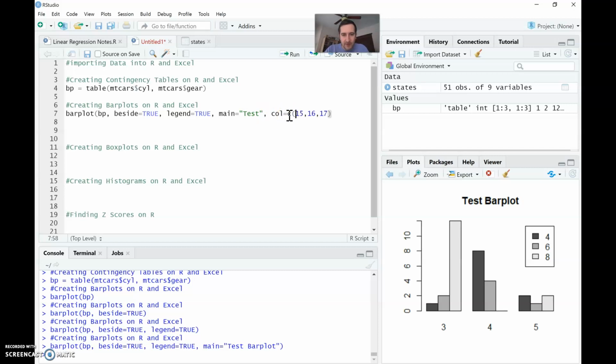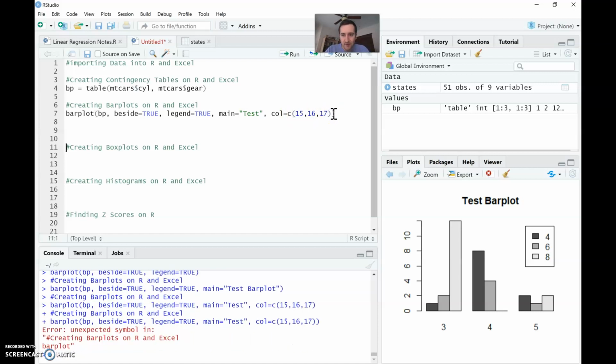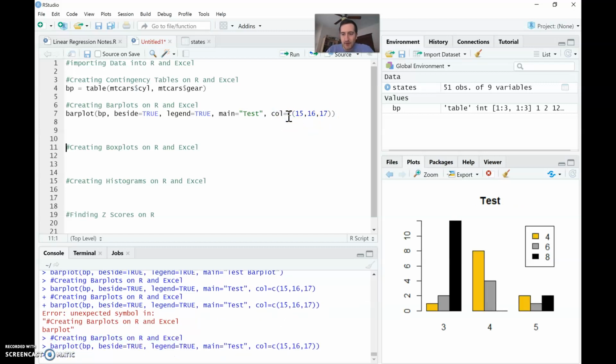I think I gotta put my little C in there to do a list. Yeah. What colors did I get? Oh, gotta do it extra. Alright, what's going on? There we go. What is that? I don't want gray and black on there, but that kind of looks like, I don't know